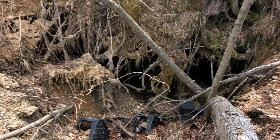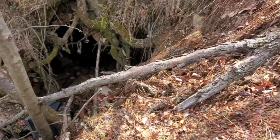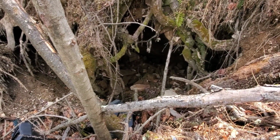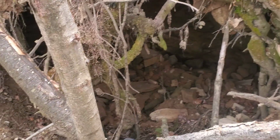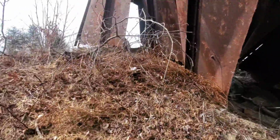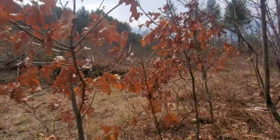This looks like a subsidence. Let me get down a little closer. I know. Be careful. Yeah. That might have gone down at some point. Let me zoom you in a little bit. Yeah, it just blocks off right there. Interesting. But yeah, it's right next to this fan housing. Yeah, it doesn't go in. It's blocked off, but I'll bet you that was the